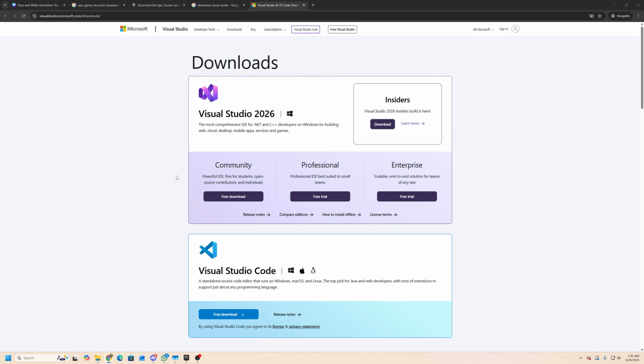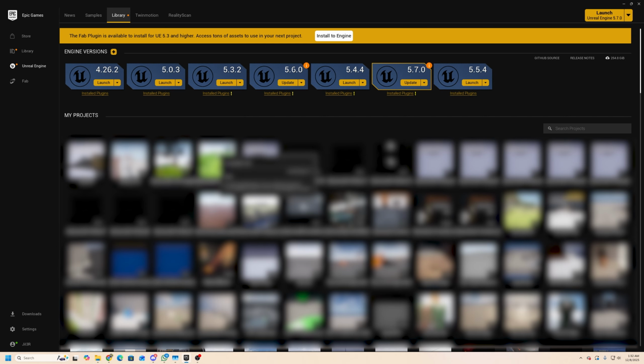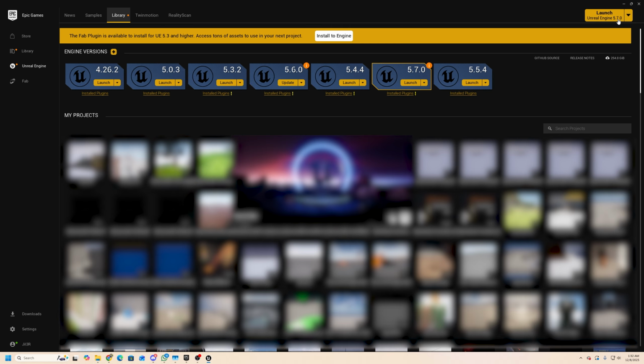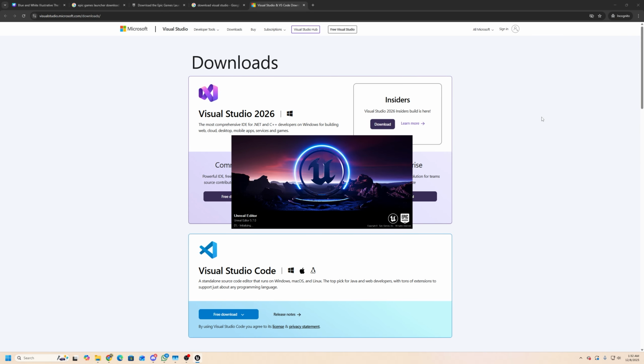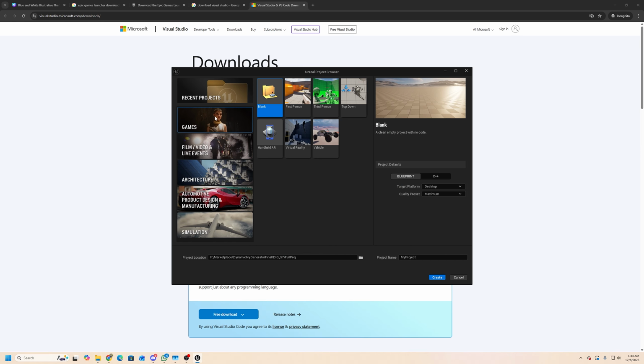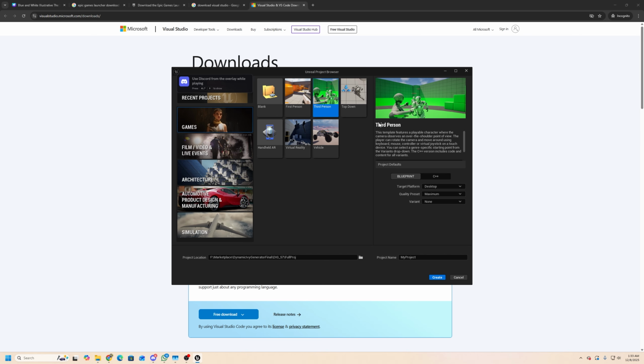So that's how we download it, and after downloading the Unreal Engine version and Visual Studio, we can launch Unreal Engine here. It selected Unreal Engine 5.7 as default here, and let's wait until the project opens. I'll show you how to create it here. Let's start with this Third Person template, and I'll select the C++ option here,